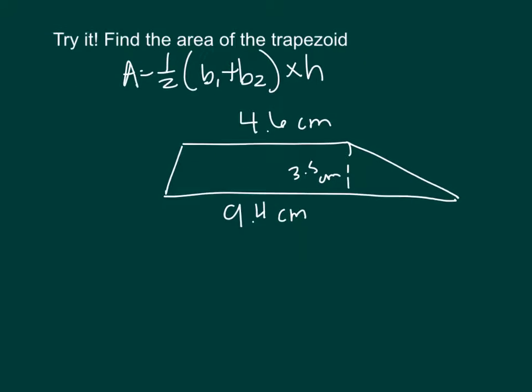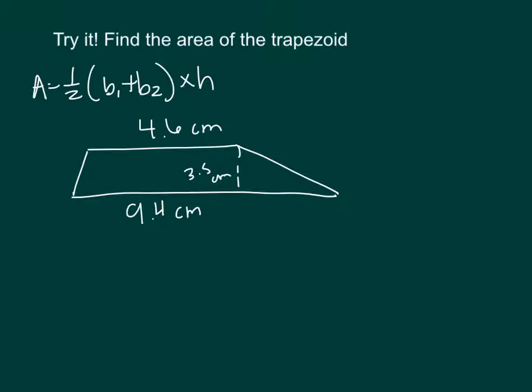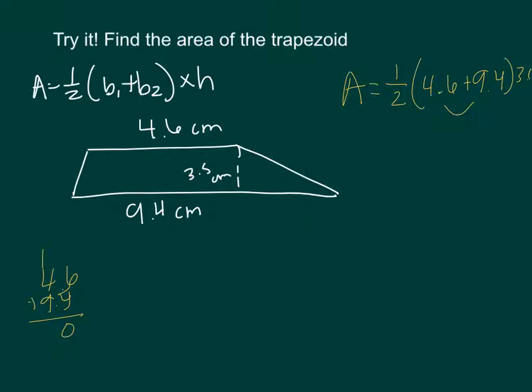So, I'm going to make this a little bit smaller and pull it out of my way. Area equals 1/2 times B1, let's go 4.6, plus 9.4 times 3.5. It's kind of squished in there, it's little. Should have started over a little farther. I'm going to first add what's in my parentheses. You can do that over here. My pen's kind of slipping today. I got 24. Is that right? Yep. 24